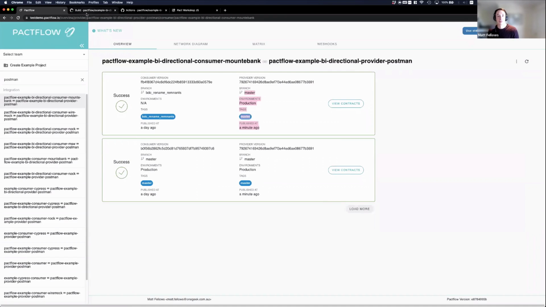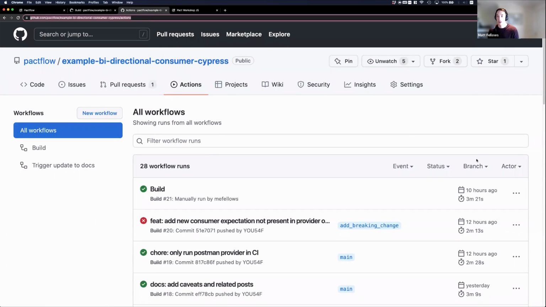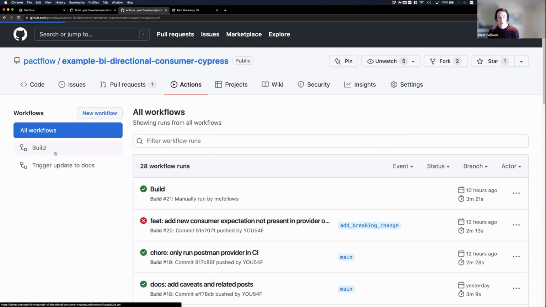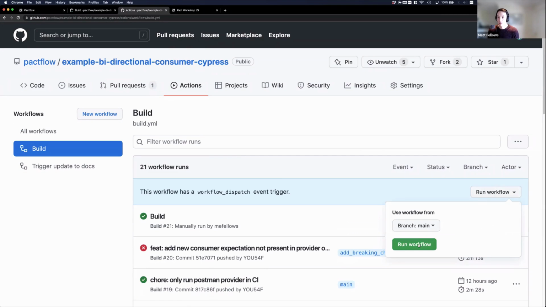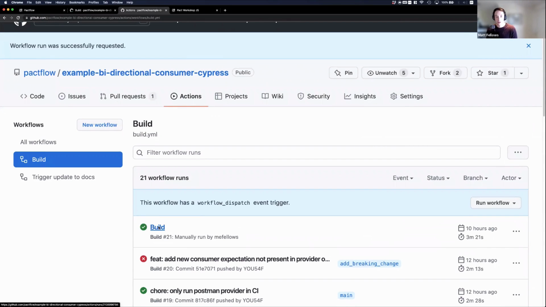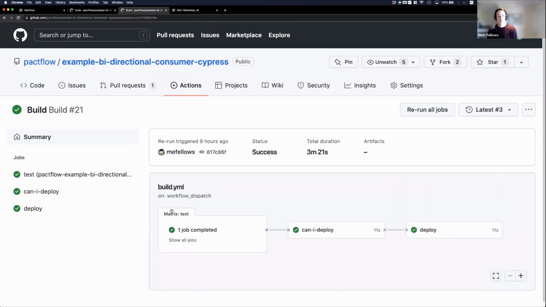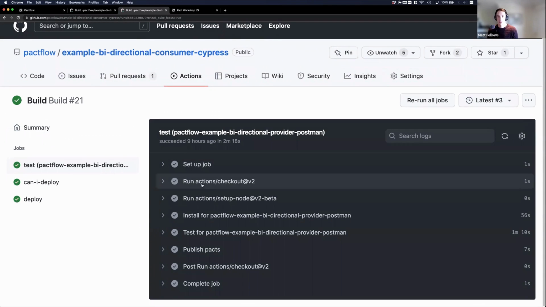And now when our consumer build runs, this should pass as well. So let me go down here and trigger the consumer build as well. This will take a little bit longer because it's a Cypress test, so they do take a little bit longer. But I'll show you a previous one earlier. Again, if I go to the test phase of this consumer build, you can see there's a test bit here, and then it publishes the pacts. So if we dive into test,